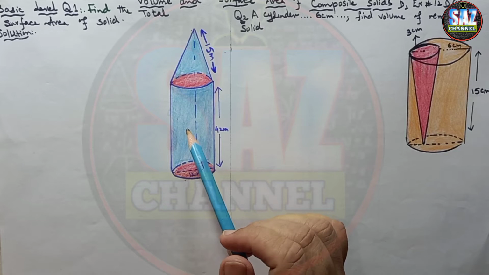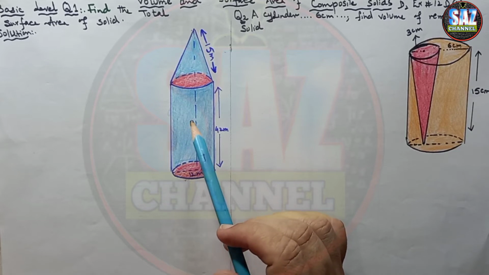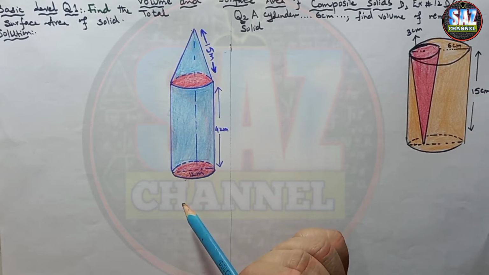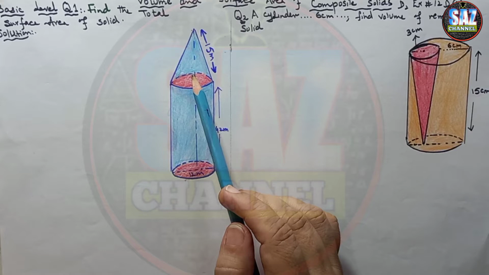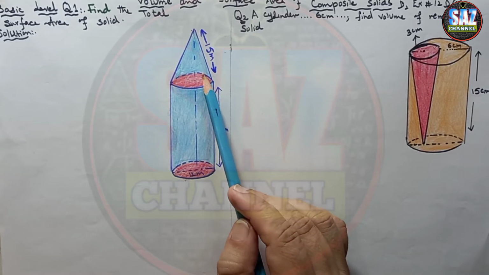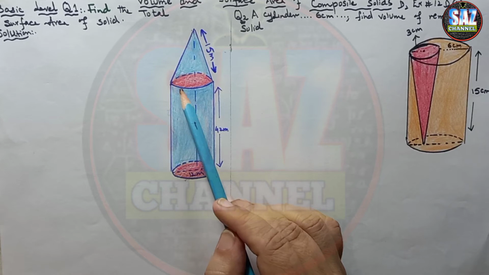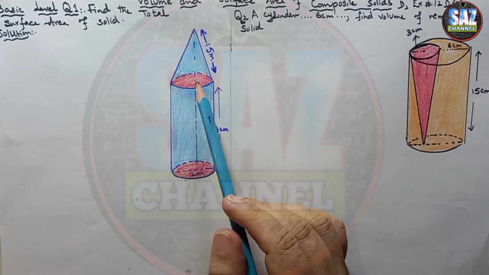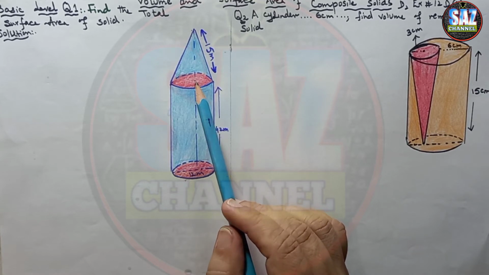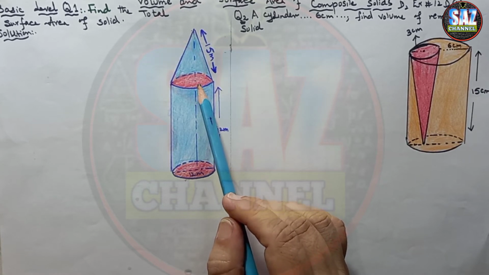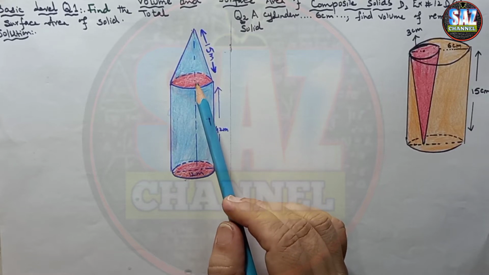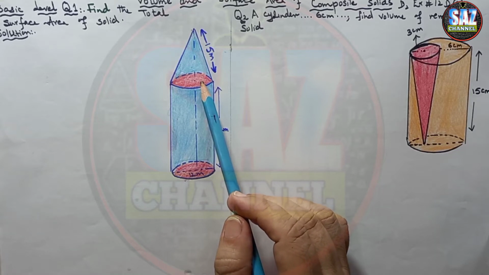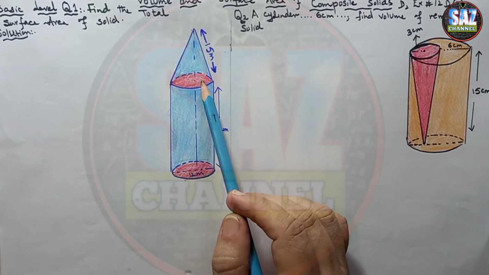But the important point that we have to keep in our mind is that all those surfaces which are not in contact with some other surface, especially we can see the circular top of the cylinder, or this circle is the bottom of the cone, this is hollow from here. So when we will be calculating the total surface area of such composite shapes, we will not be taking such parts of the diagram for the calculation of surface area. This is the important point.